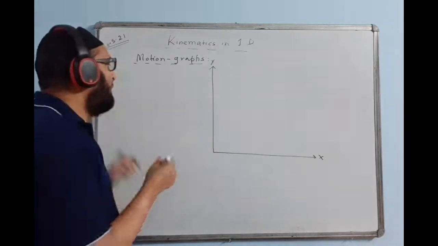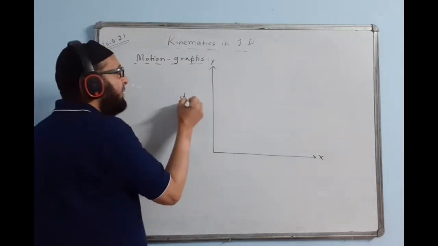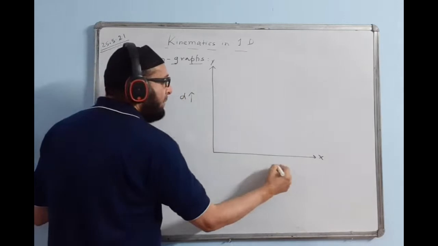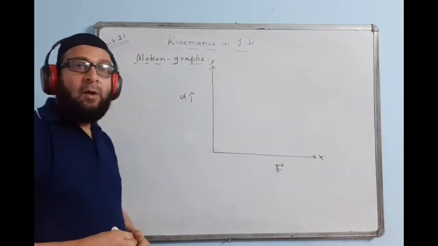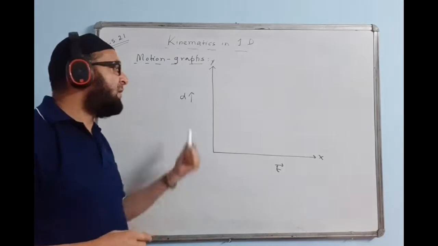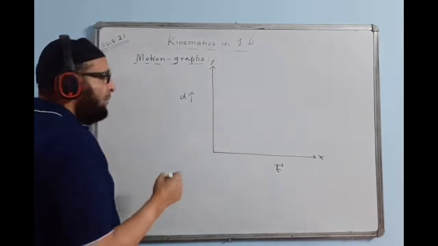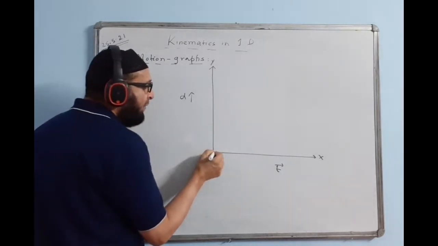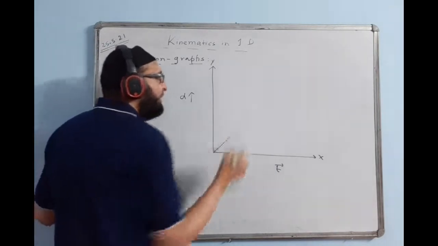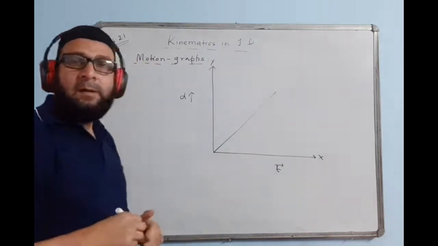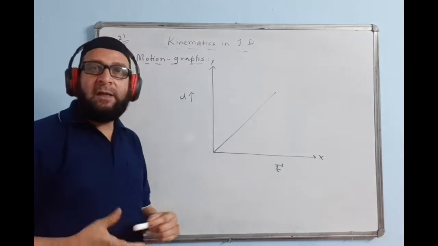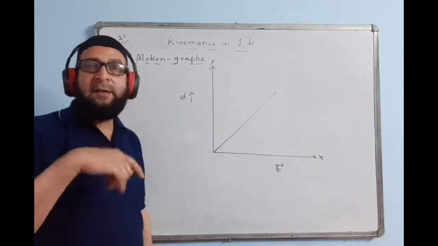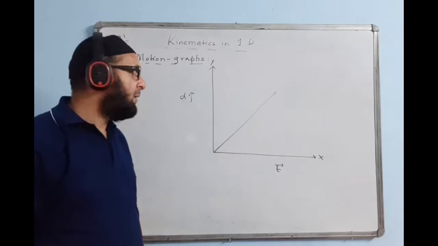Now suppose I have distance here and time here, as one example. This is what we call a displacement-time graph. Now this graph will have some nature like this. What is the nature of the graph? Suppose the graph comes in the form of a straight line. How do we find the slope of the straight line? I think in class 10 we used to find the gradient and slope of a straight line.